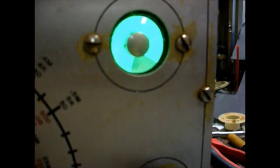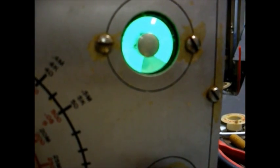The eye should close quickly and immediately open when I crank the working voltage up. Let's see what happens. It's staying closed, and we're only applying about 70 volts. So yeah, that capacitor is extremely leaky,